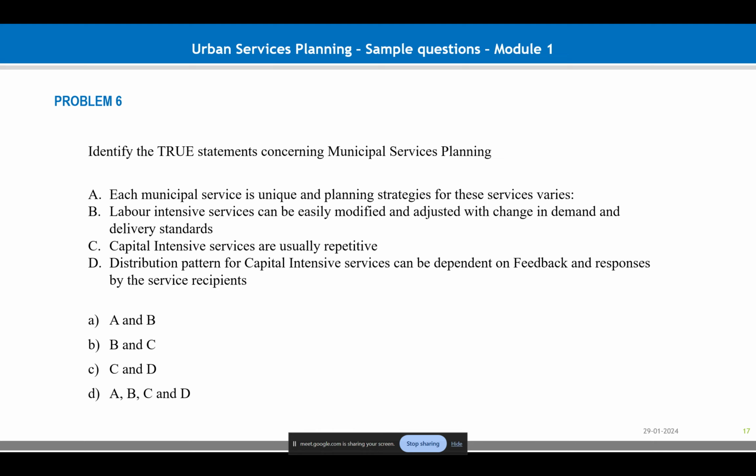pattern for capital investment services cannot be dependent on feedback and responses, for the same reason, it's not repetitive, which means you cannot take the feedback. So there cannot be a feedback response curve. Based on the response you change it, you get the feedback. That is only possible for a labor intensive service, because it's repetitive, you have the possibility